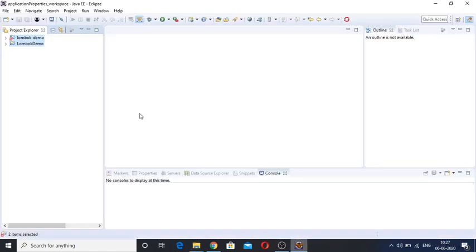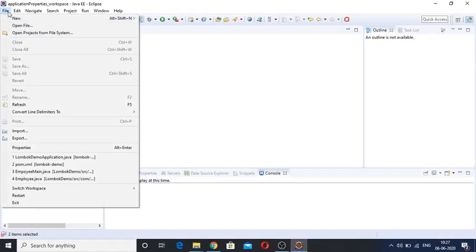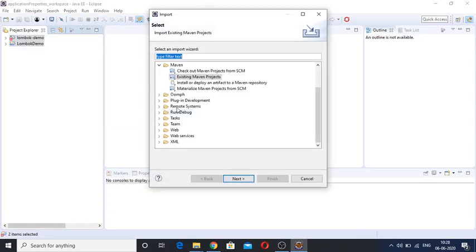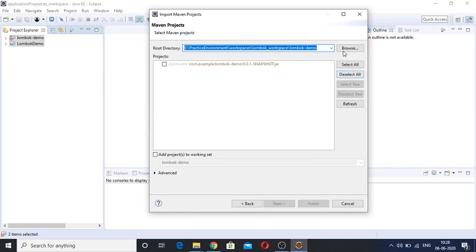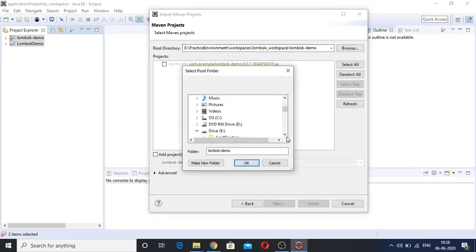Now go to your Eclipse and select File, and after that Import. As we have created a Maven project, we need to select Existing Maven Project, then Next, then browse to the application which we extracted just before.